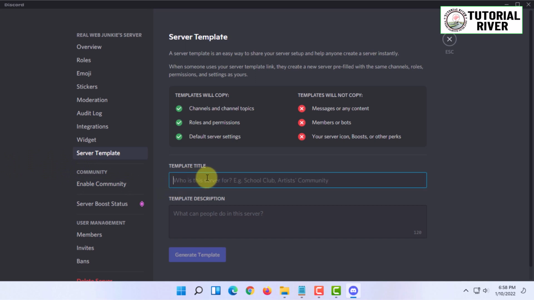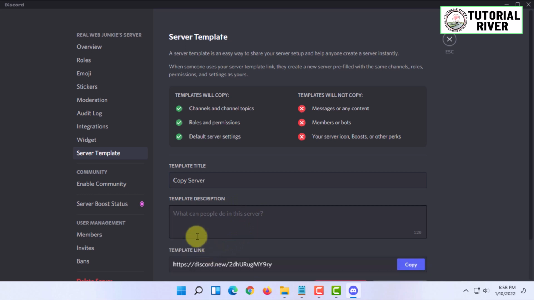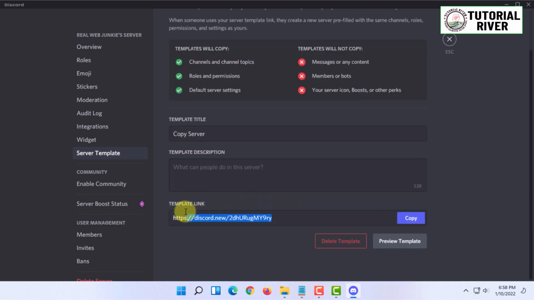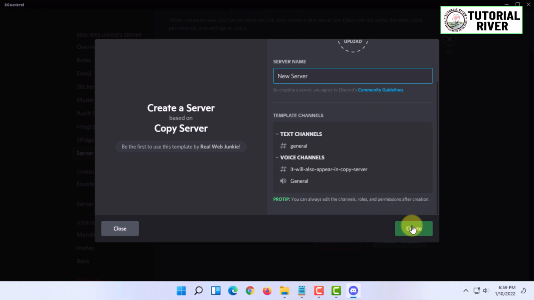Here you can type in a template name and you can click on generate template. So you can copy this code and click on preview template. In here you can change the server name. And click on create